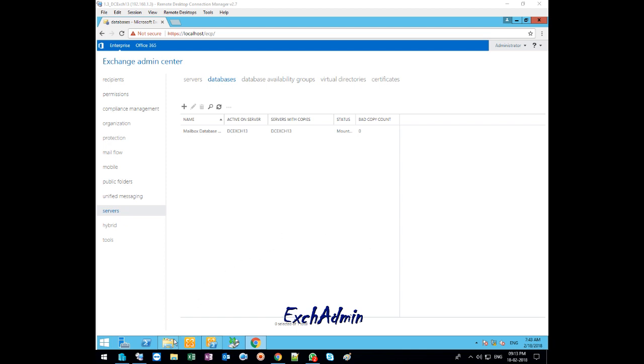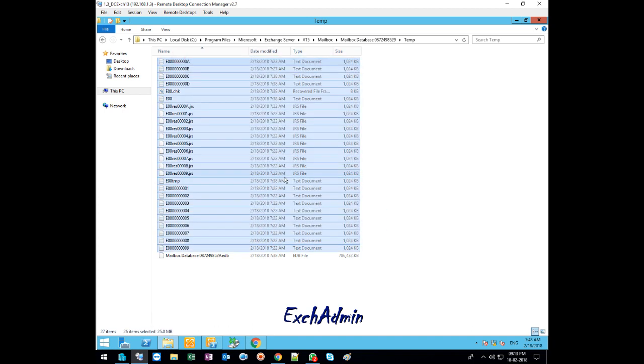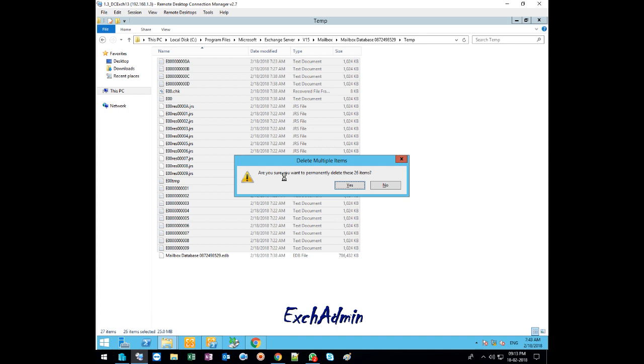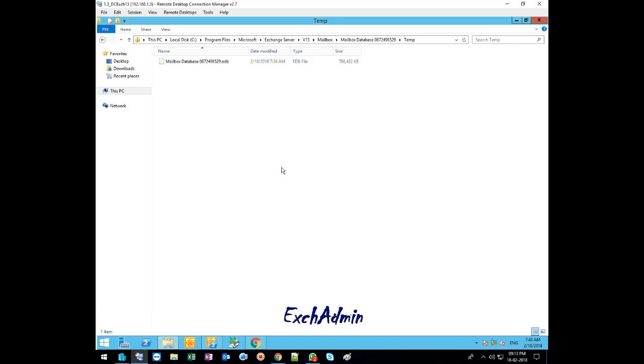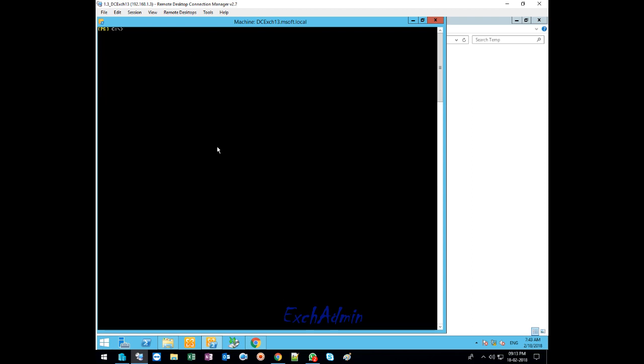So now we'll see how we use the existing EDB file. This could be from the backup as well, because there are chances that the production database file may become unrecoverable, or it may go beyond repair. In such a scenario, we take help from the recovery database. First of all, we need to know how to create a recovery database. So the command for the same is